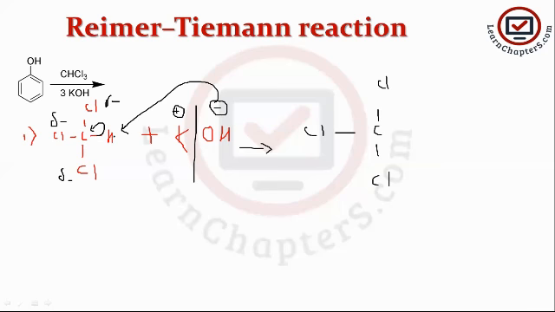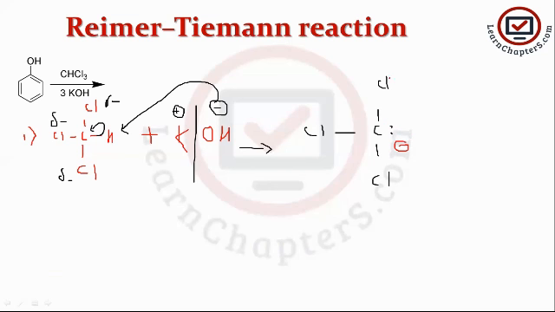So OH minus attacks the hydrogen. Both the 2 electrons get accepted by the carbon atom. Why? Because carbon is more electronegative than hydrogen. So carbon should have 2 electrons. We can say a negative charge or 2 electrons. Okay, so let me write this as 2 electrons. Carbon has 2 electrons. Out of this, 1 electron belongs to carbon itself and the other electron is withdrawn from the hydrogen atom. So generally we say a negative charge on this carbon. So let me write the negative charge also. It's only for simplicity. Don't write a negative charge and a lone pair at a time. Okay, it's not logical. It's only for the sake of convenience.